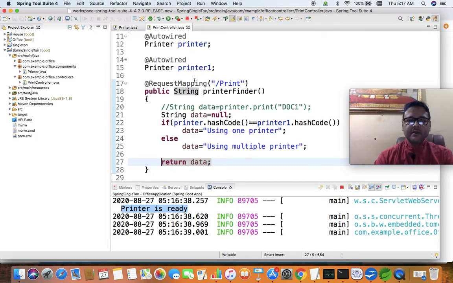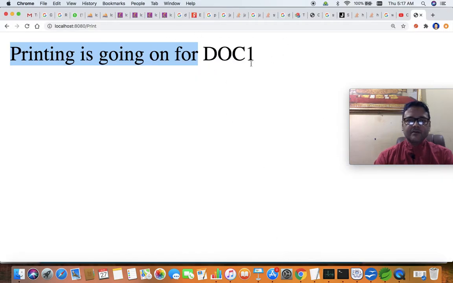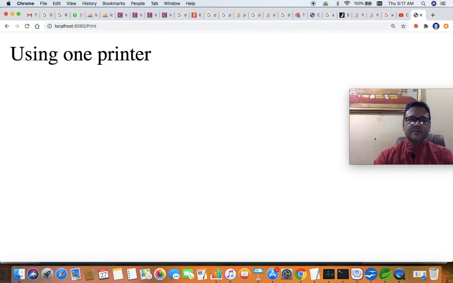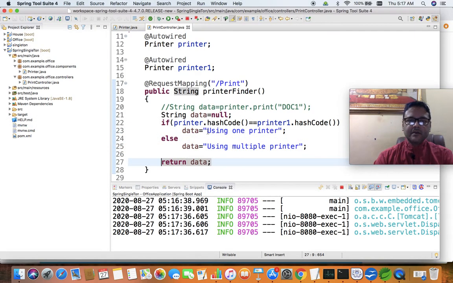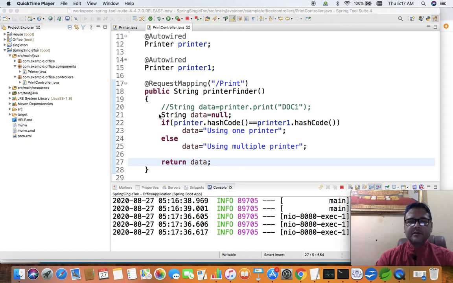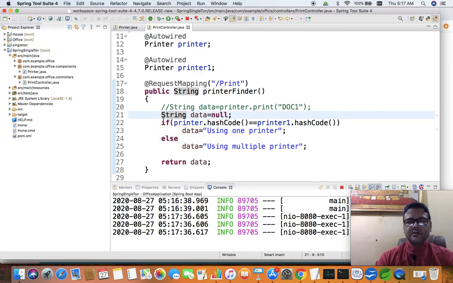Okay, let us have a test. I have already restarted, in fact. Let us go back to the browser and call the print URI. This one which we were getting earlier is from the print method. Let me refresh it. So, using one printer. This line came from the if part, not from the else part. So the if part has gone for comparing the hash code of printer and printer1.